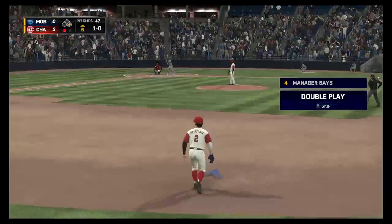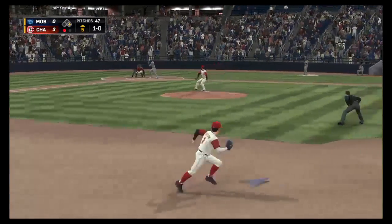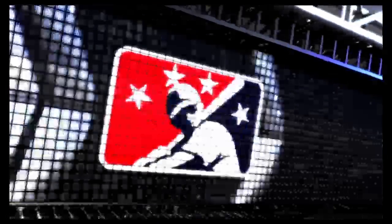Ready for another chance? Stan Aponte. He's 0 for 1 thus far. 1-0 count. Here it is. Pitches a cold strike. The throw. Not in time as he steals second. Hey, it's not easy to steal on a catcher that has a good...